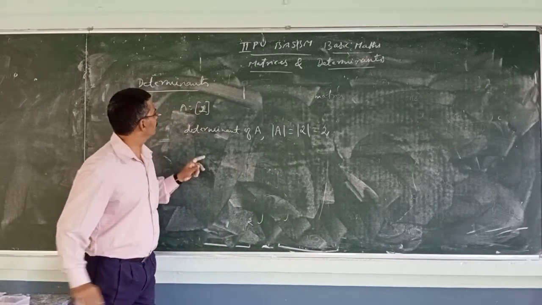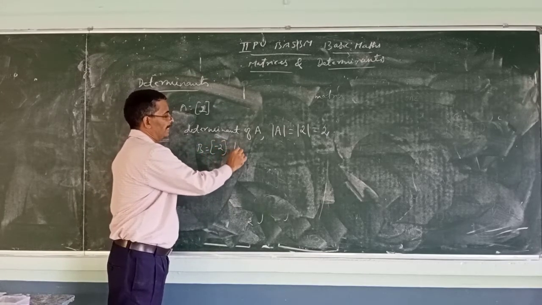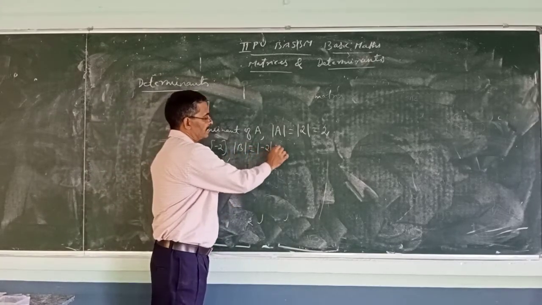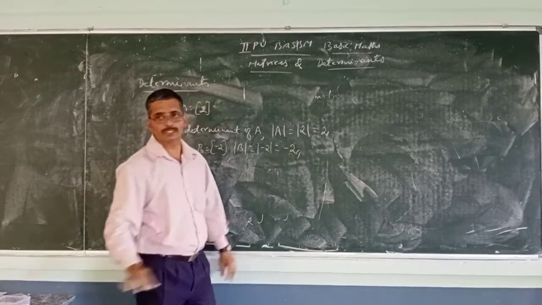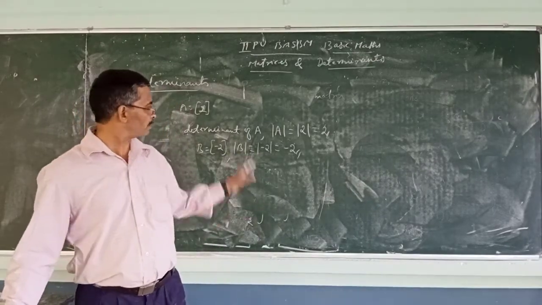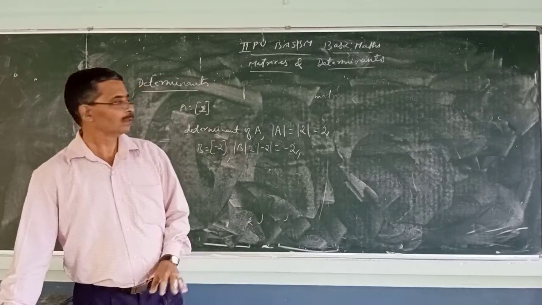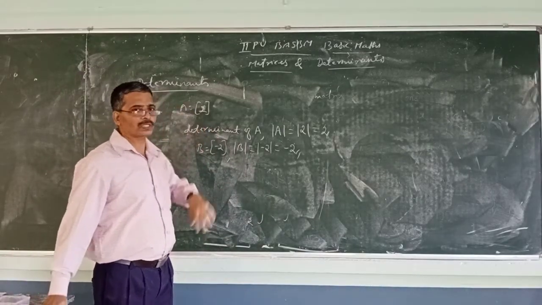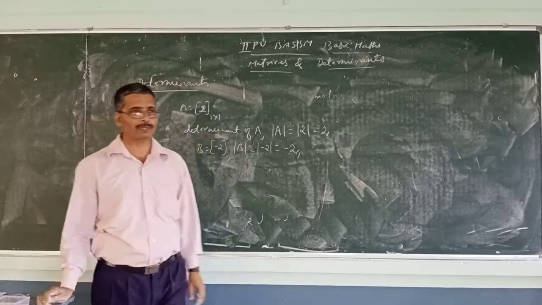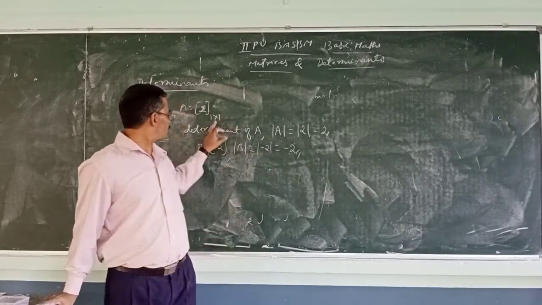Suppose you have B equal to minus 2. So what is the determinant of B then? It is determinant of minus 2, which itself is minus 2 only, not plus 2. It is not absolute value. Students, don't confuse it with absolute value. Determinant of minus 2 is minus 2 only. Determinant of 2 is 2 only. This is about 1 cross 1 order. It should always be a square matrix. Determinant applies only for square matrices.